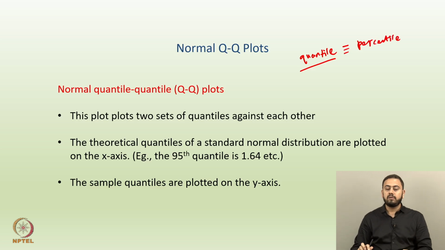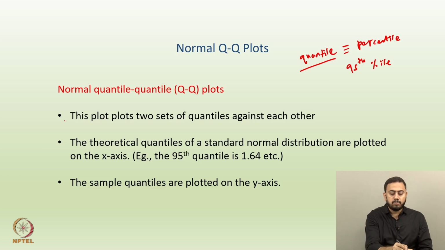I am sure that many of you have heard about CAT scores. In CAT you get percentiles, like 90th percentile or 95th percentile and so on. What you mean by the 95th percentile is that 95% of the candidates who have given that exam have scored less than you. So, if your CAT score happens to be 95th percentile or let us say 98th percentile, this means that 98% of all the candidates who appeared for CAT have scored less than what you have. And quantile is similar to percentile. So, the idea is clear, hopefully.